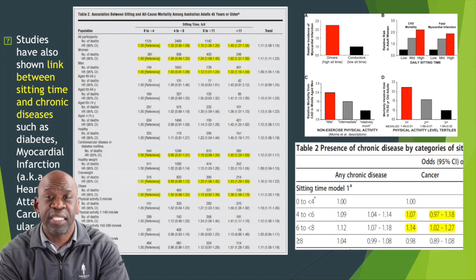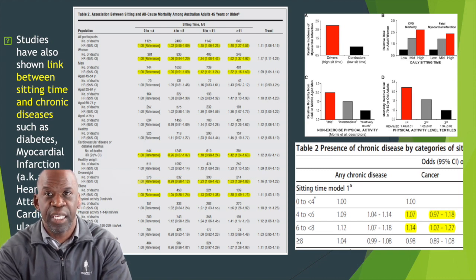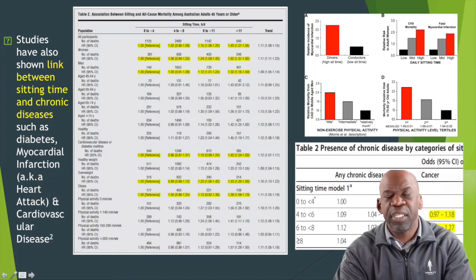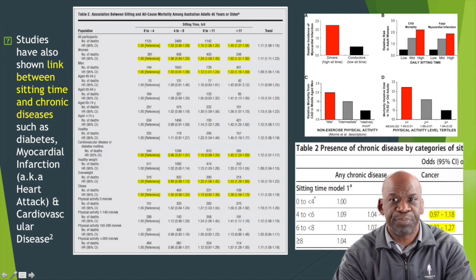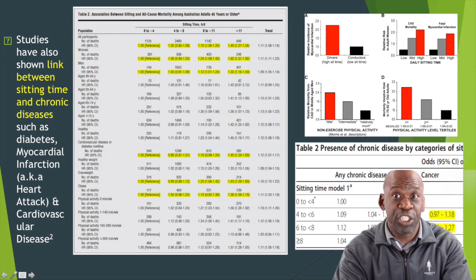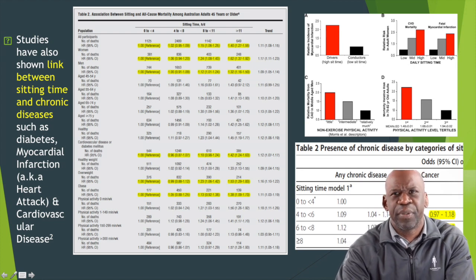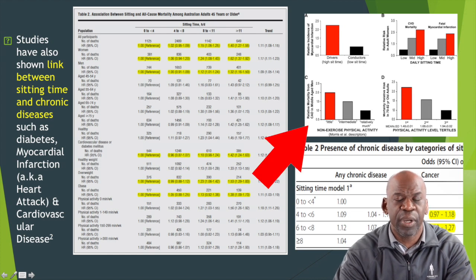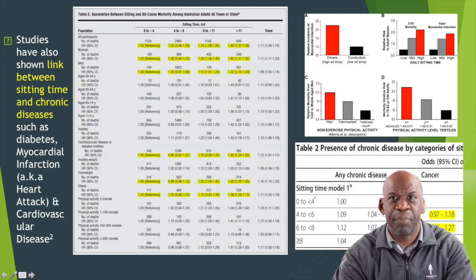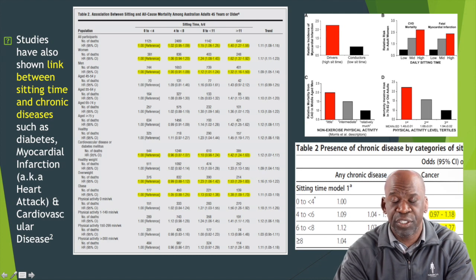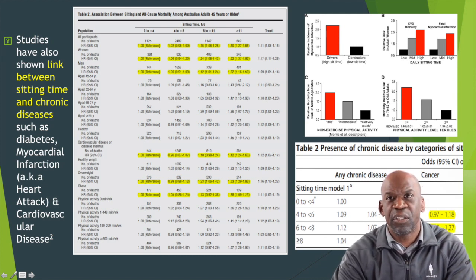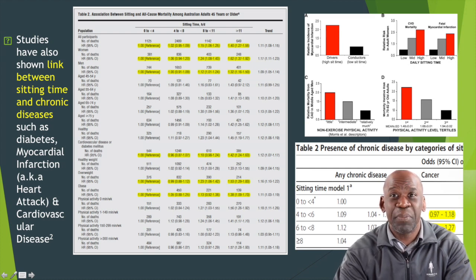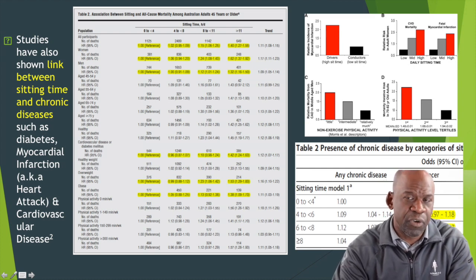So again, we see that sitting time is associated with an increased risk of illness in the general population. But both of these tables are talking about general risk within the larger population. What about specific populations? If we look to the graph that is shown in the top right-hand corner, we can get a better answer to this particular question. And this graph is taken from a study that looked at sitting time and the associated illnesses in a particular population. This study was performed in the UK.